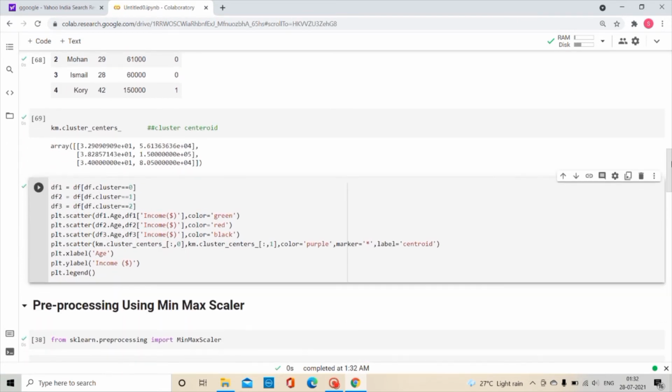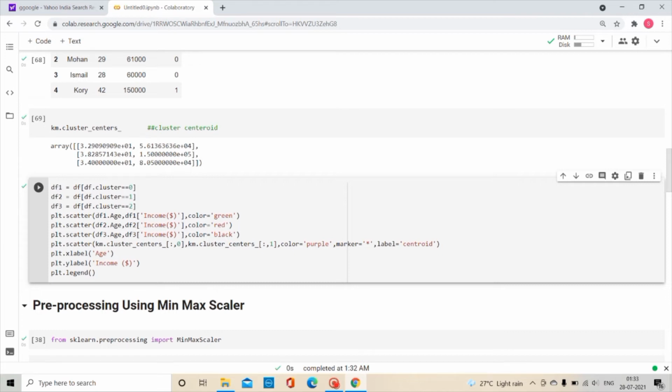In the next step we are going to use df.cluster equal to 0 to make all the rows with the cluster value 0 a separate data frame, and we will make 3 data frames with the cluster values 0, 1 and 2.